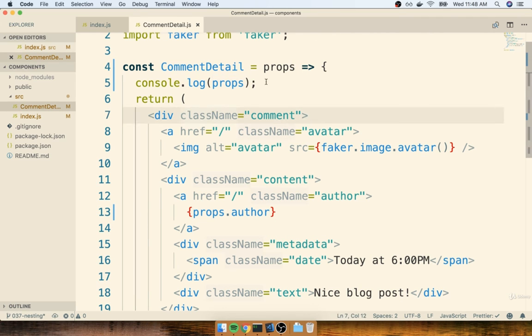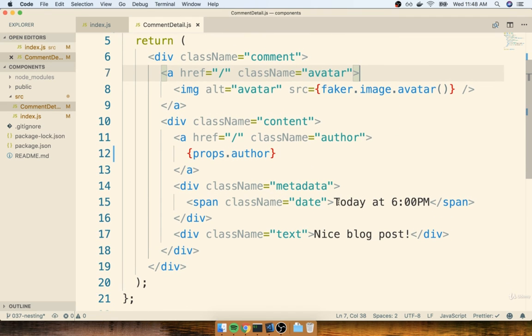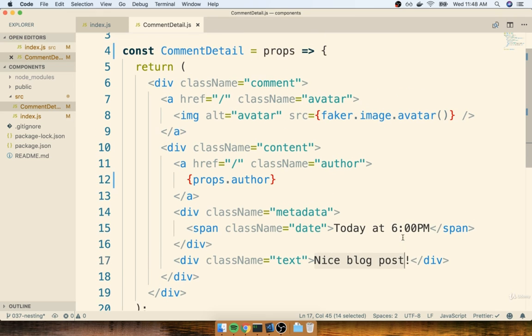All right, so let's remove that console log. I don't think we need that anymore. And then we'll take a quick pause right here. When we come back in the next section, we're going to also attempt to customize our time and our blog content through this prop system as well. So quick break, and I'll see you in just a minute.